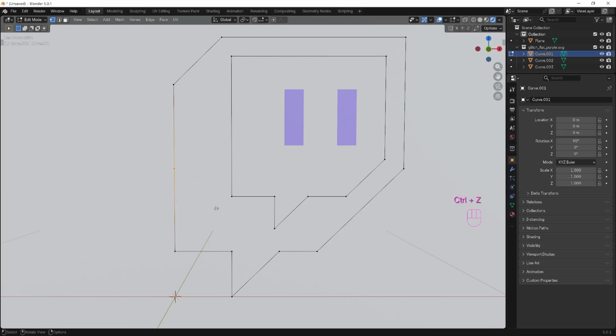With the vertex selected, press G twice to go to Edge Slide. This will let us slide the vertex along the line, but we can't move it outside of the existing edge. So this is very handy. And see this white line here? If we drag this out to the vertex we want to align it with, Blender will automatically put the vertex in the right place. That's pretty neat, huh? And we can now see that we will get a nice quad here once we add the edges.